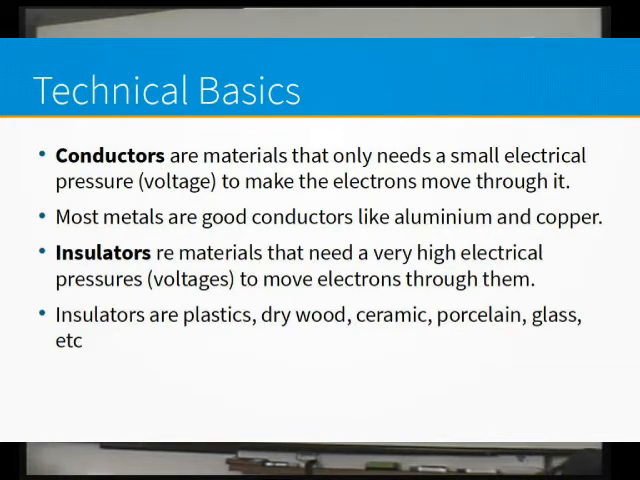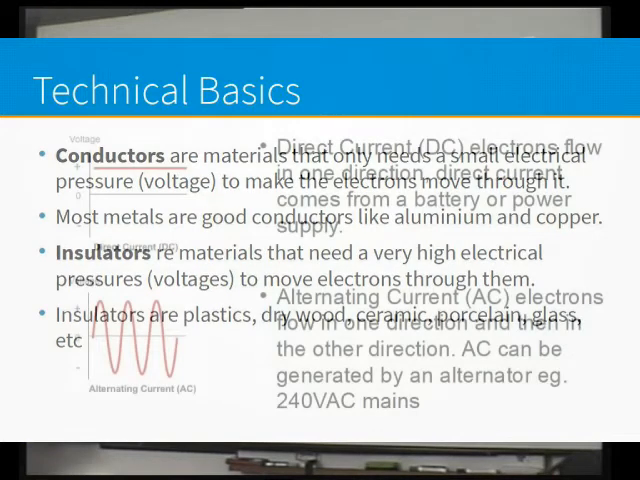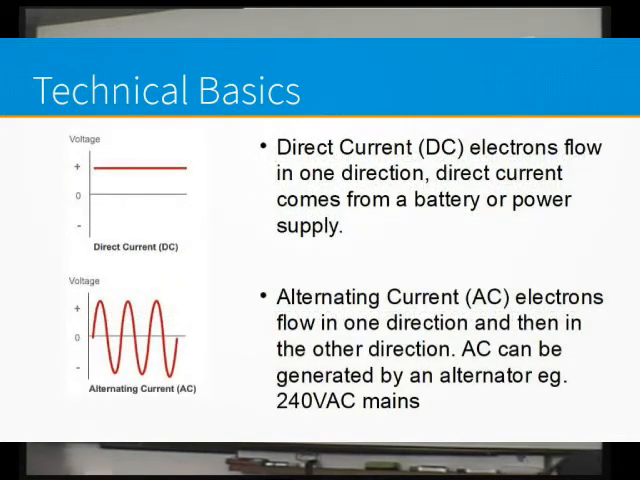The opposite to that is insulators. And the definition is you need a very high electrical pressure or voltage to actually get the electrons to move through them. And usually when you have such a high voltage to try and move it through, you actually damage the material doing it. And a good example is plastics, ceramics, porcelain, glass, etc. So,